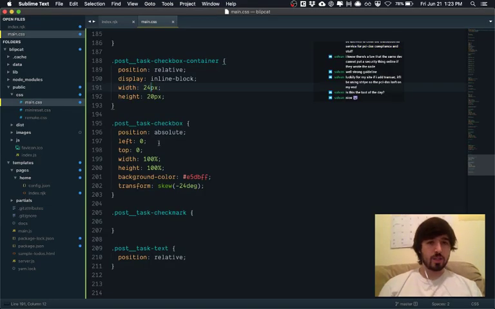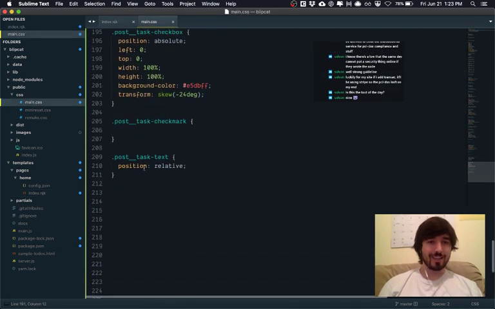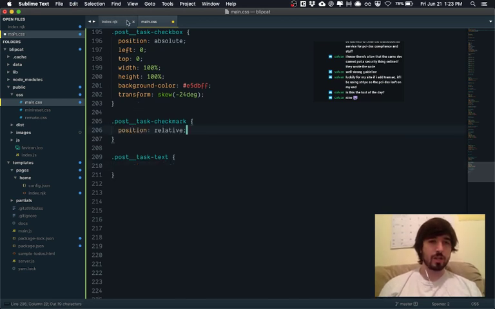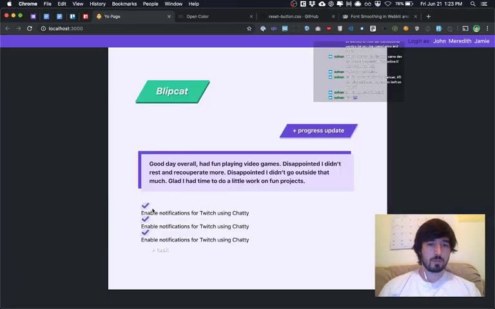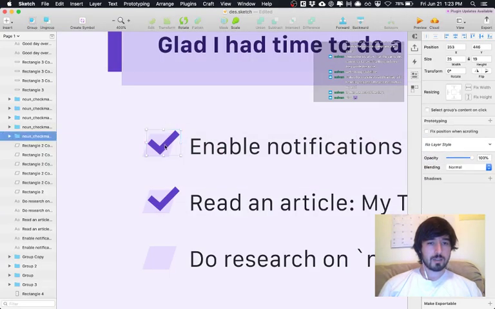And then the check mark that's inside of it, oh yeah, we want that to be position relative because the checkbox itself doesn't have any text. So this is the equivalent of what we're doing with the button, where we're giving that position relative so that it appears above it. So now we have the check mark going above it. Now the one stylistic thing that I like about this design is that the check mark goes above and outside of the inner